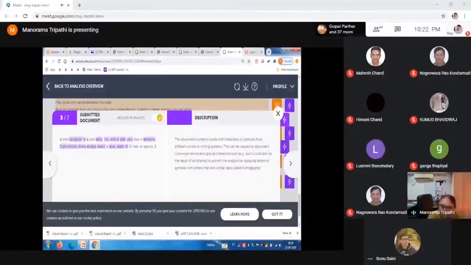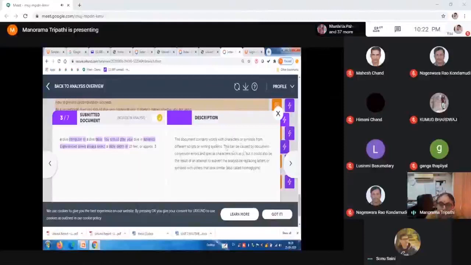You see, this is the document, on the left hand side. These are two lines which the submitter has submitted, and then it matches, and it is shown how the writer has tried to dodge the system. The document contains words with characters or symbols from different scripts or writing systems.